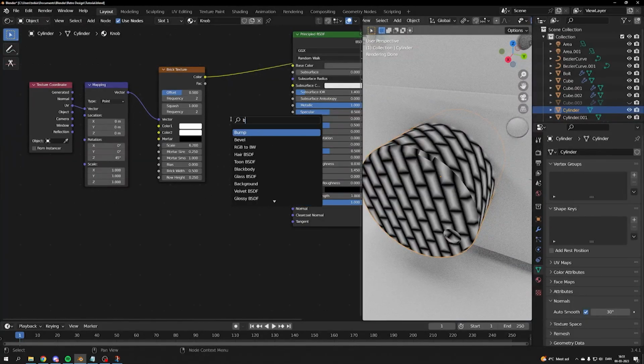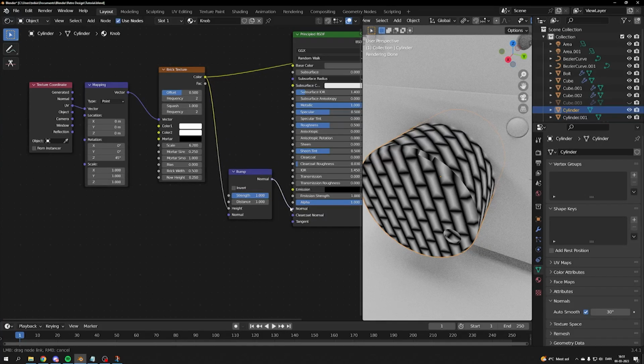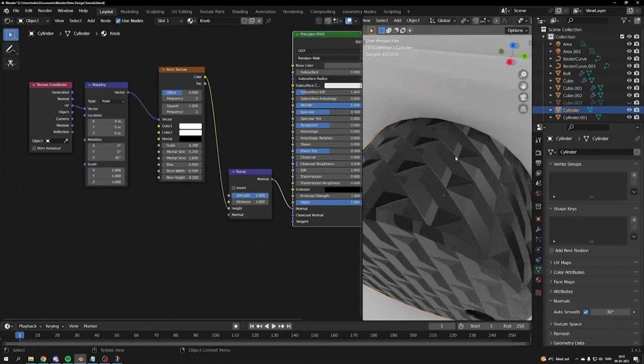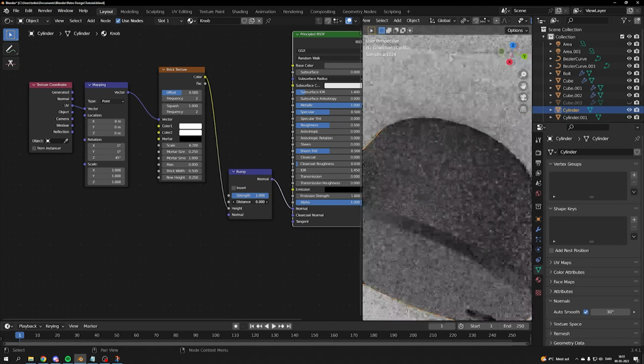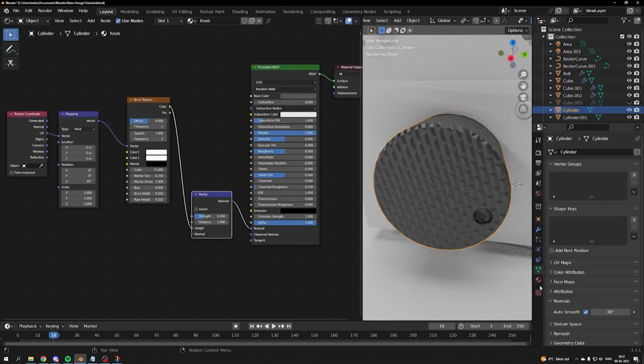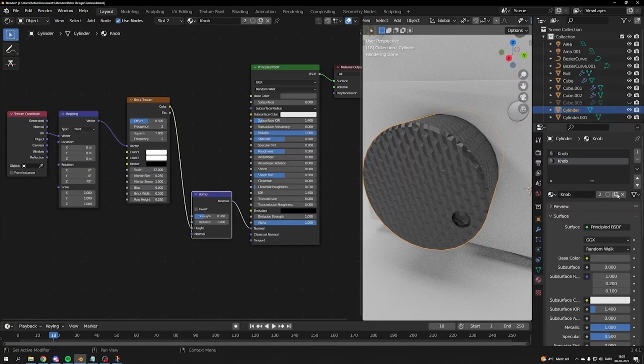Plug this into a bump map. So dragging the color into the height, the normal into the normal. And then viewing this material, you can already see that we have a nice tile texture, but it's quite aggressive, so I'll turn down the distance quite a lot to like 0.1, 0.05, going down to the shader, adding a new material, choosing knob, and